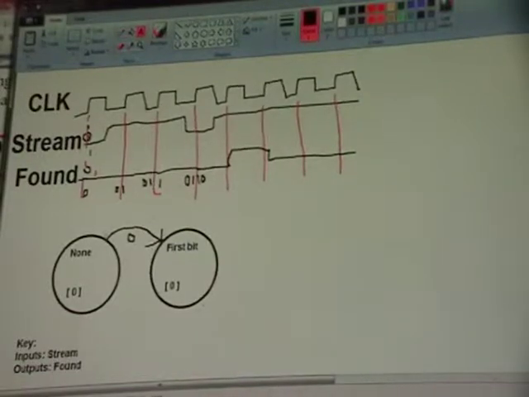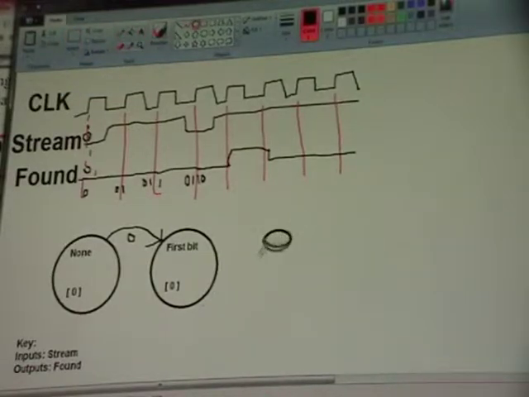You know that the values on the arc for a Moore machine are going to be the inputs. So if you go to the key right here, say, oh, I know that's an input, but what's that represent? Or what signal is that? Go to the inputs, see, oh, stream. Oh, okay. So that's what this means. Stream equals 0. All right. So we've got two bits taken care of there,